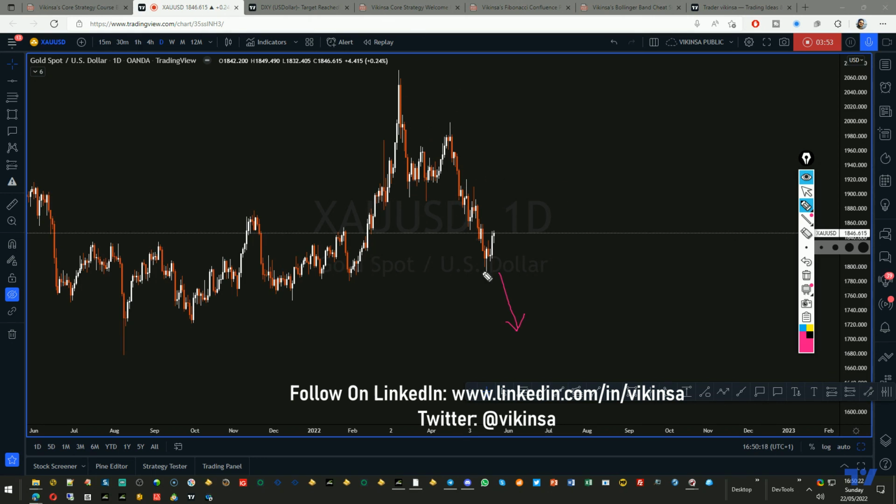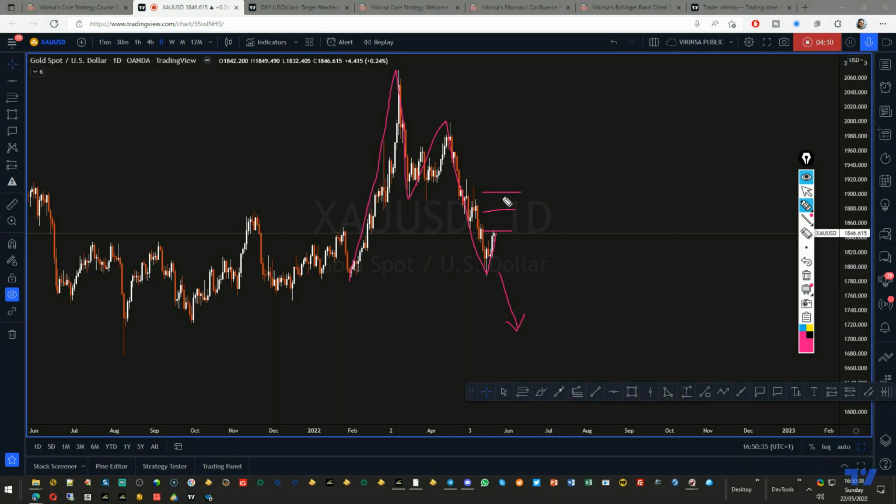But if we just talk about this structure here, there is an M pattern here and the market has started to go up. If that is the case, then there are a few levels here which it can reach. So we'll talk about that in terms of a bullish scenario. If the market starts to go up, what are those target levels which we target as profit targets, and we can also look at them as resistance levels. Okay, now, if the market starts to go down, then there are certain levels which can act as support and